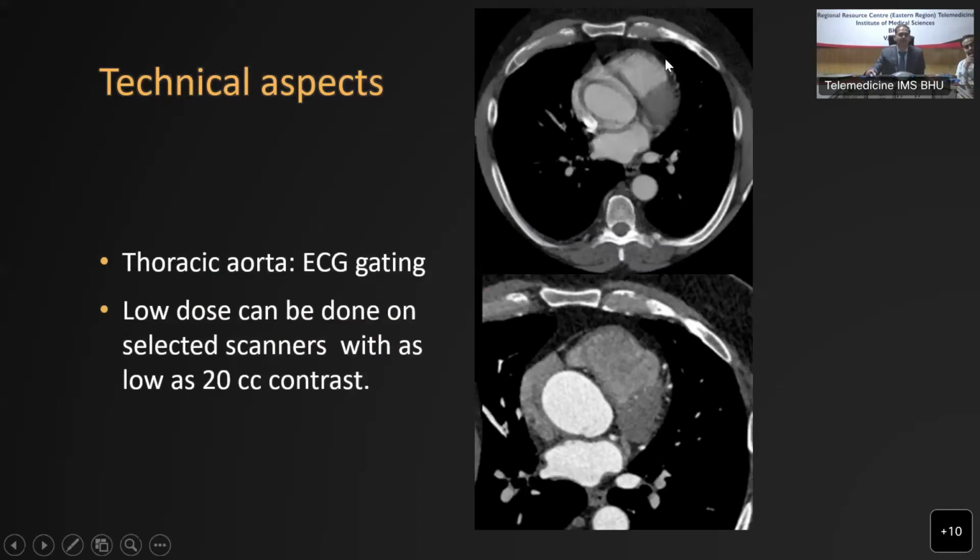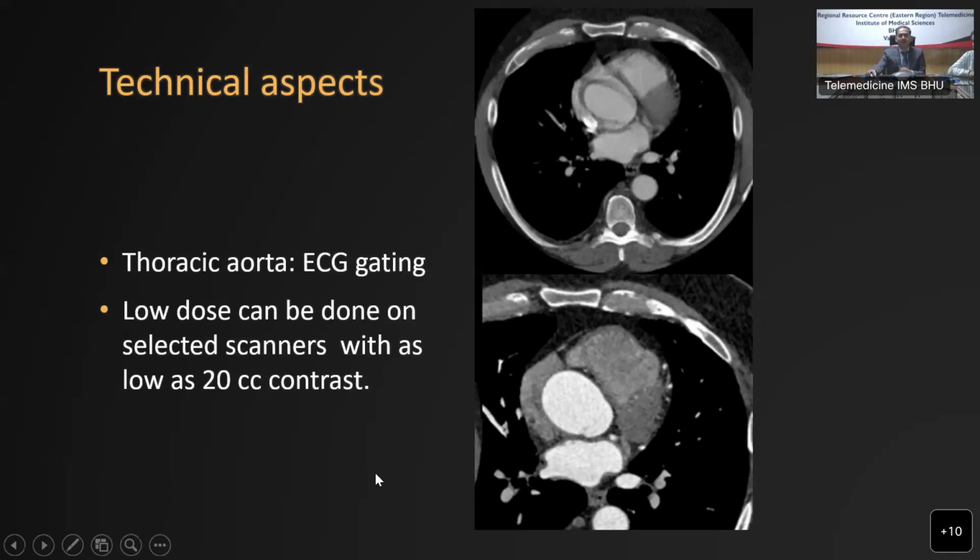This patient was air transported by helipad to our hospital because the outside hospital gave the diagnosis of type A aortic dissection. We looked at the scan and did not feel convinced that this is a type A aortic dissection. So we decided to repeat a CT with ECG gating. And here is the repeat CT, where you can see that there is an absolutely normal looking aorta without any